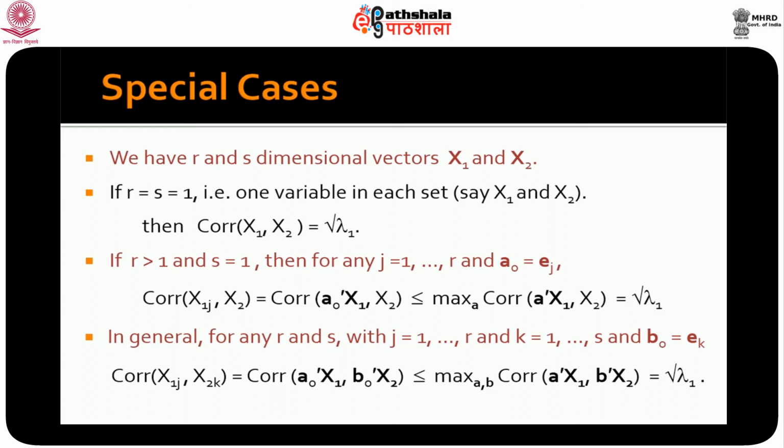groups. So sigma 1 2 has the correlations between the individuals from the first group with the individuals from the second group, and all these elements would be smaller than square root of lambda 1, because the canonical correlation would be the largest of the correlations that you can have, or it will be larger than even the largest of the correlations that you can have between one member from this first group and one member from the second group. This is what this result tells us.